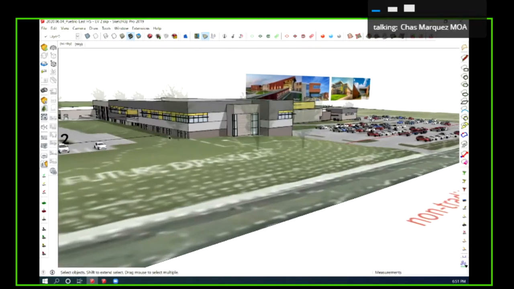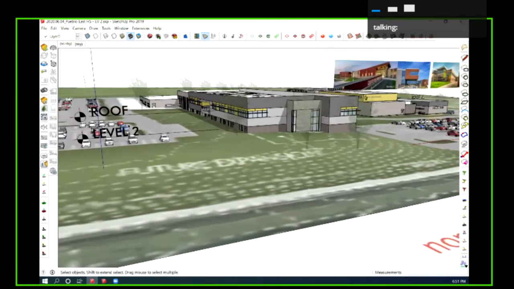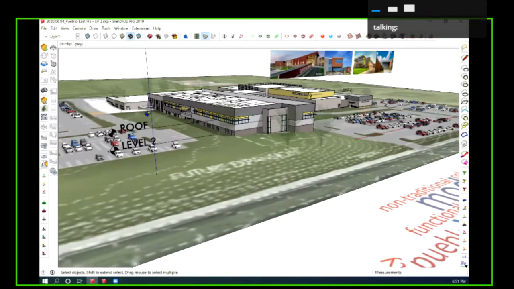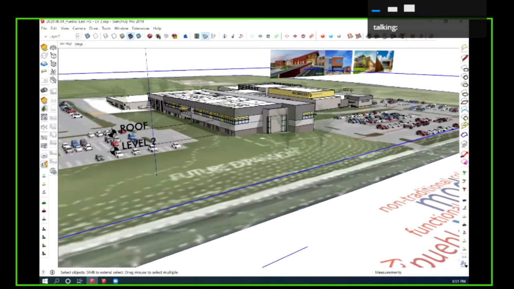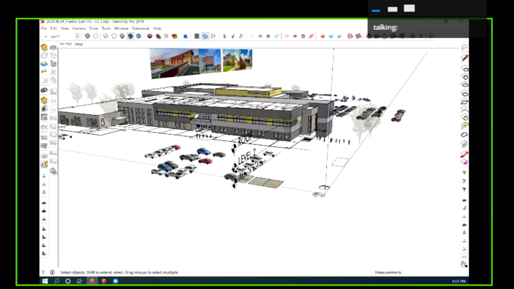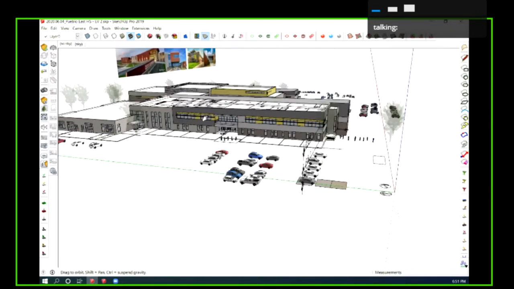So you can see how the slope is quite a bit higher here. So you're actually entering from the west parking lot. You'll be entering at level 2 of the student wing. So it's a little bit different in how those spaces relate to each other. I'll turn this off for now. Kind of heavy in that brand color.